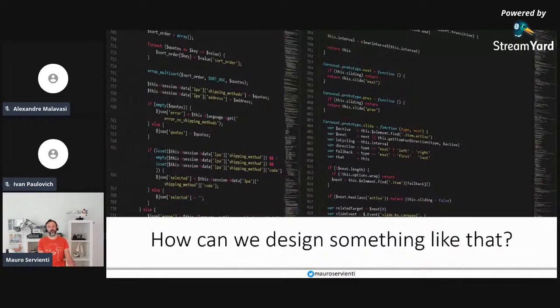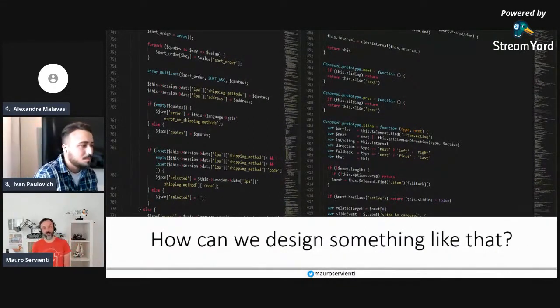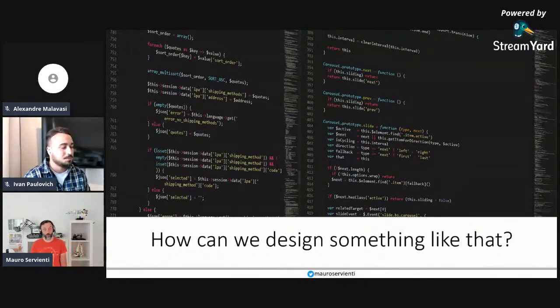So think about it. We have information coming in, stored in different places, that needs to be aggregated in some way onto a single page to display to users, because we cannot expect users to navigate from page to page, saying on page 1, hey, here is a banner protect for you. Go to the next page to see the price, and then go to the next page to see if it's available, and then go to the next page to see how much it costs to ship it, or if it's free, whatever. And the first reaction to such a question, how can we design something like that, is